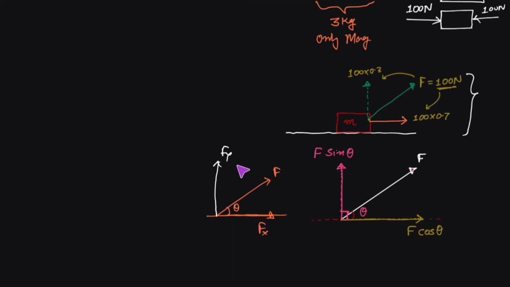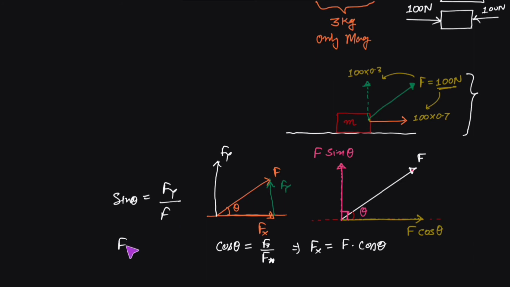So what we can do, we take Fy and put it here. A vector can be transposed from here to here without changing its magnitude or direction. So this is Fx, this is Fy. Taking simply the concept of trigonometry, you know cos theta would be equal to the component of the force at an angle of theta, so Fx is F cos theta. Similarly, sin theta is equal to perpendicular upon base, and you will find Fy is equal to F sin theta. So this is how you break any vector into different components.